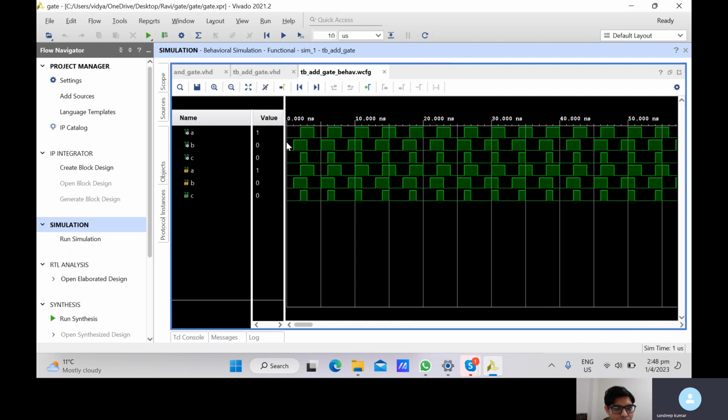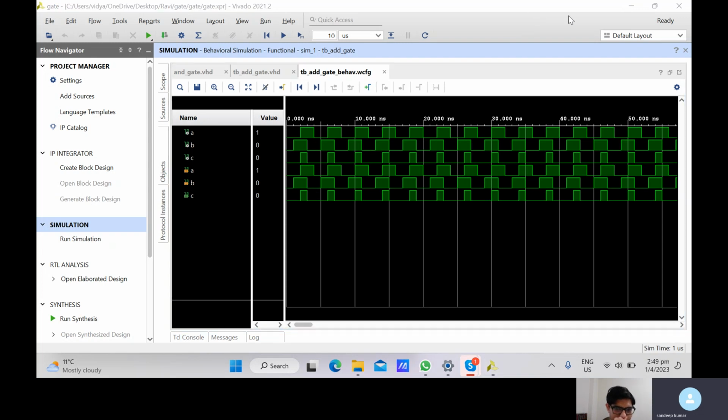You see, same thing, right? 0 0 0, 1 0 0, 1 0 1, 1 1 1 and 1 0 0, right? So the behavior remains the same, because there can be different ways to write the logic and we see the